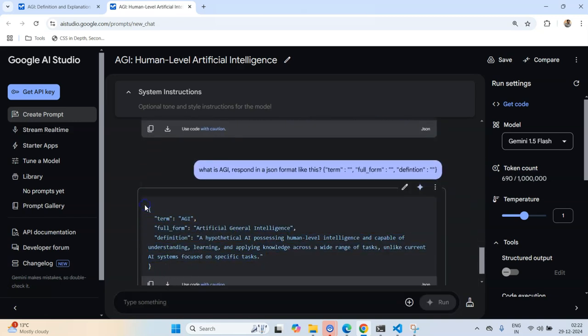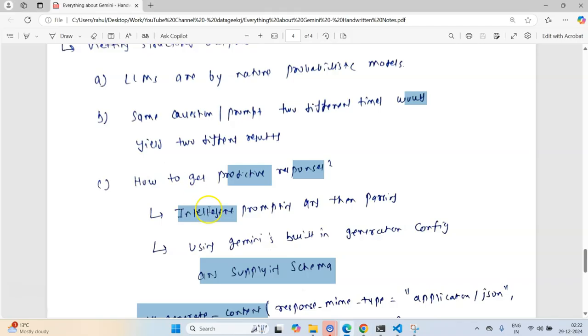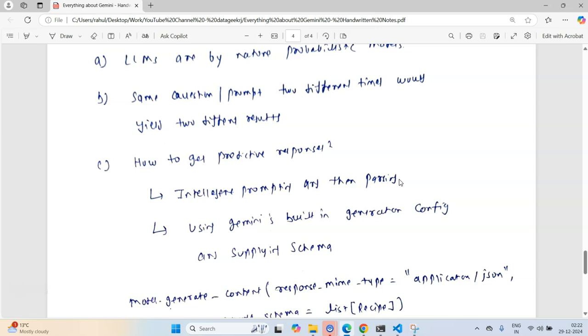But even in this form, let's say you have an existing business application where you want to take this JSON and feed it into some downstream application, which will extract this full form and use it for its own use case. For that, we would need to parse the response generated by Gemini in a JSON format. Although it can be achieved by intelligent prompting, it is not quite sustainable and efficient.